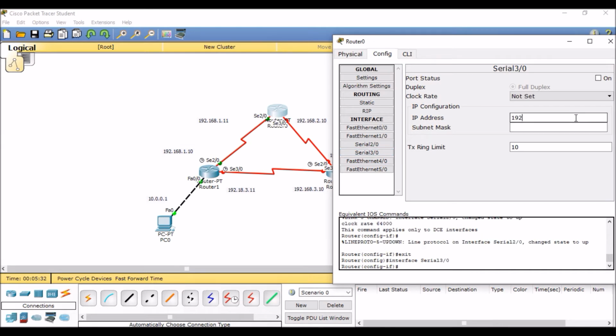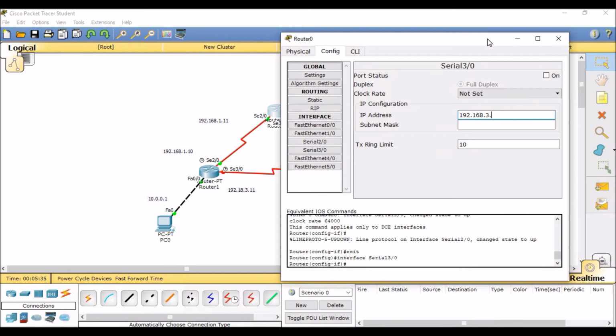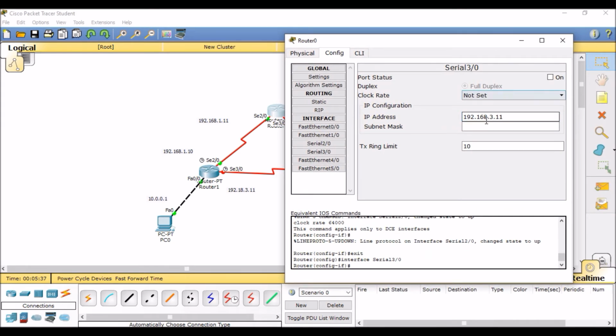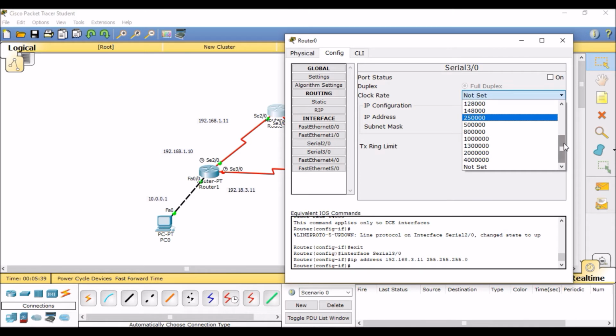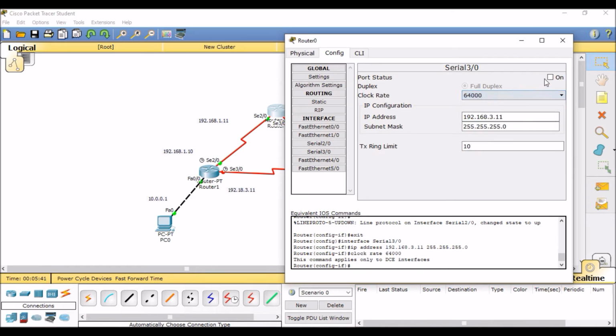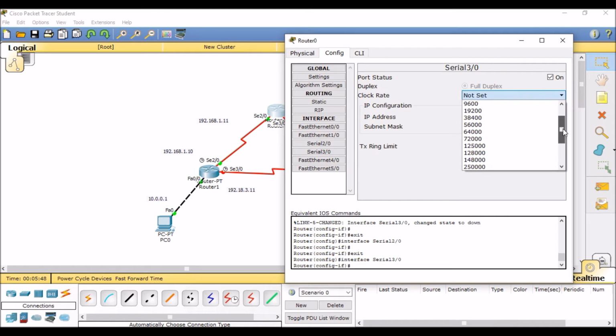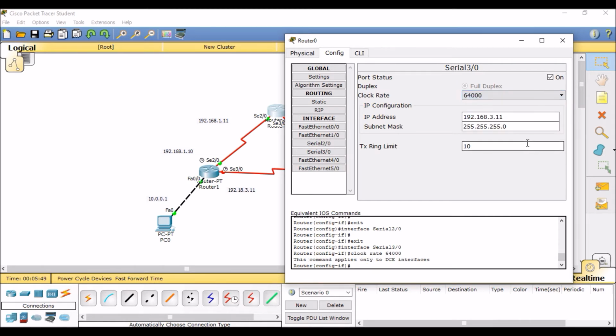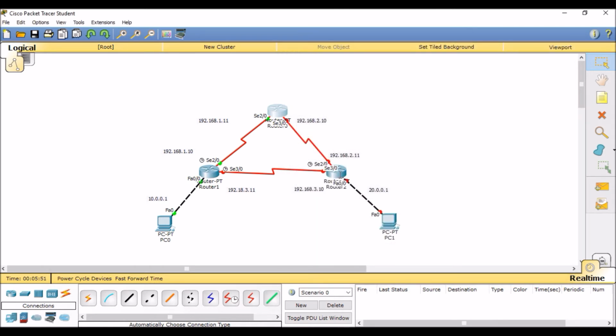192.168.3.11, its mask, and turn on this link, right? So I'm cross checking: I have set the default rate on both. Anyhow, finally,